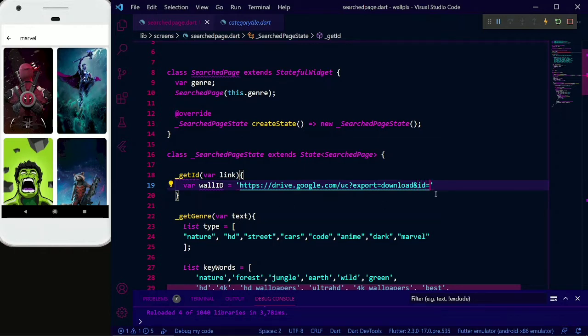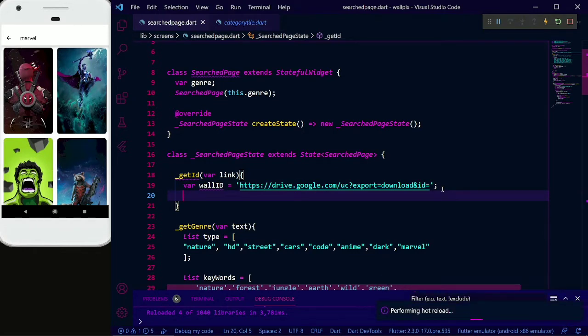And now we are going to extract the id from our link, and we will append it to the wallID. For getting the id, we are going to do certain things, like c equal to 0.